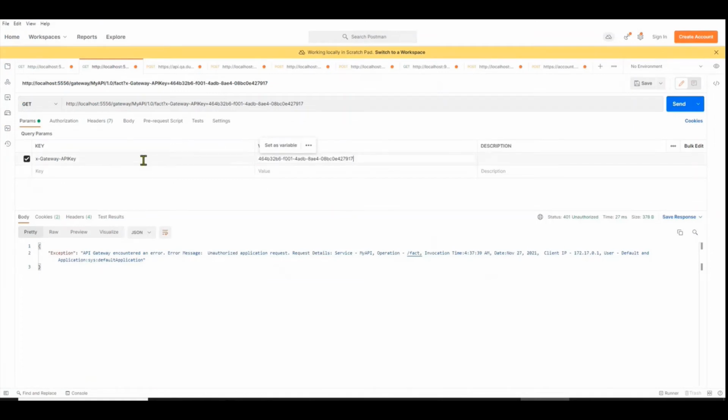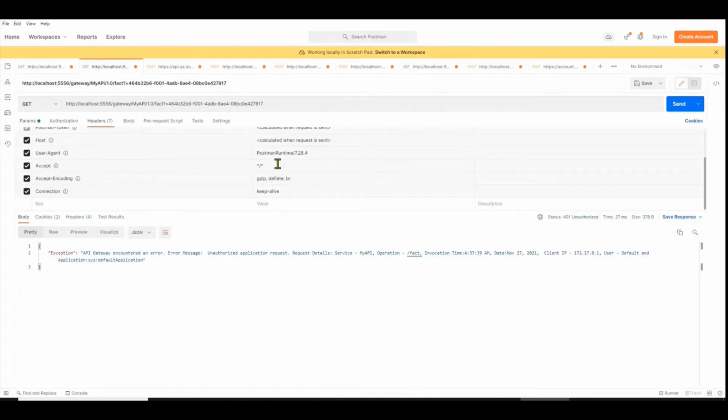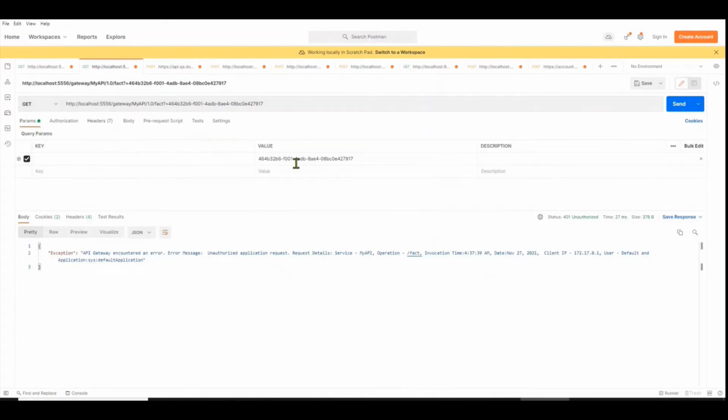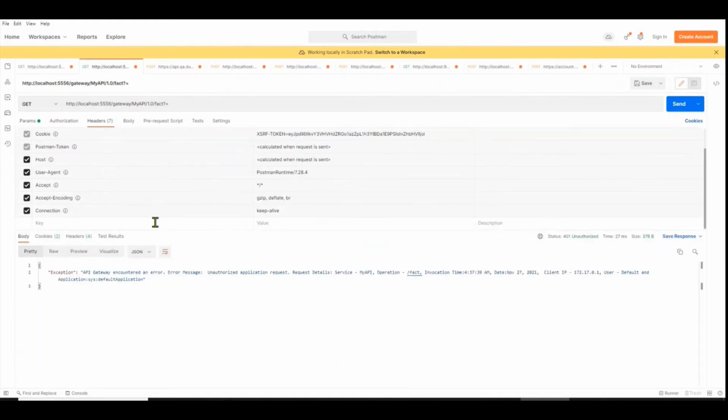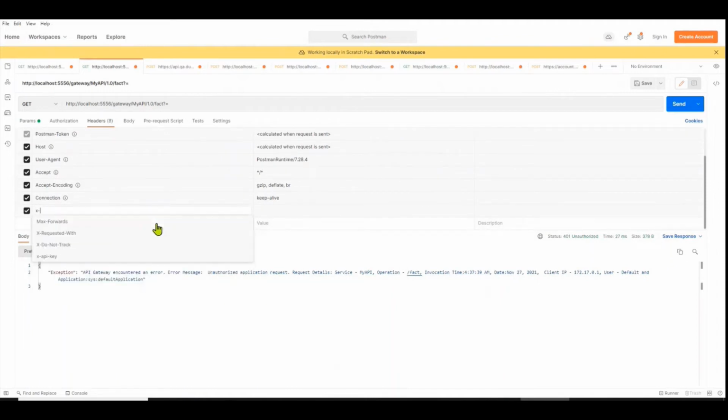Paste the value. Oh, sorry, this is not the headers. I need to be passing it in the headers. I was passing it as params here. So we go back to headers, and then we add in the header over here.